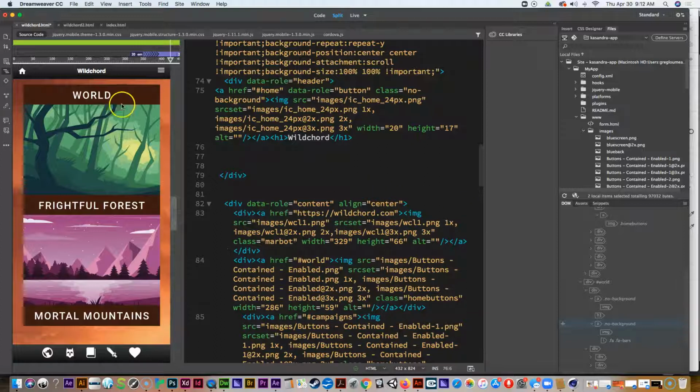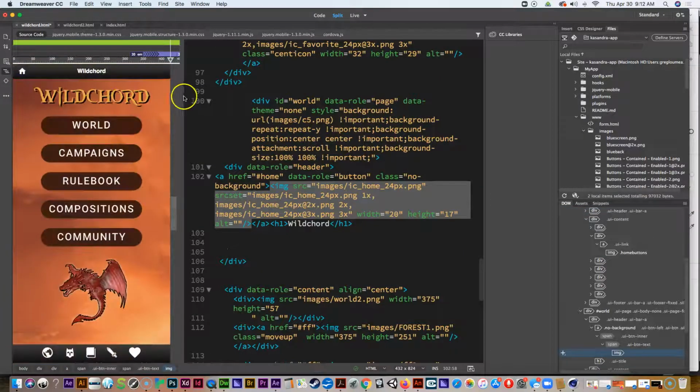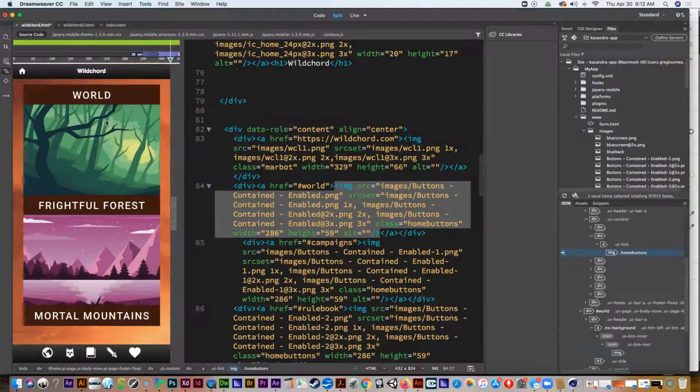now if I click in here, that button goes away, I can still go to the home here. That button's gone, and then if I go back to the world, that button is gone as well. Okay,